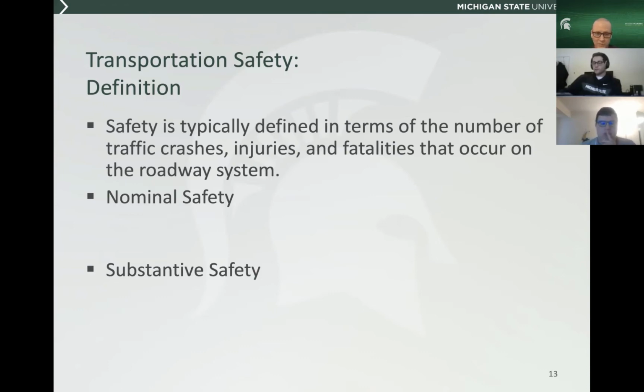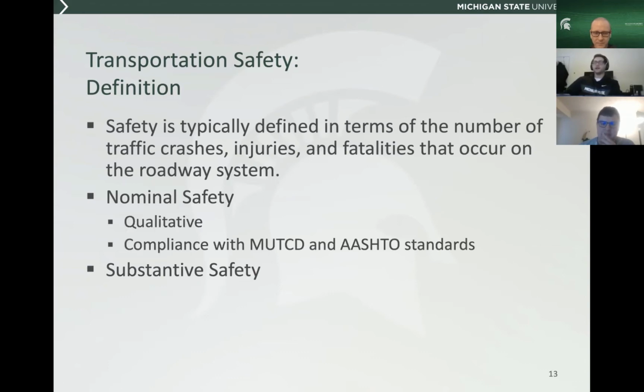And when I use the term nominal safety, does that mean anything to either of you? If we say a road is nominally safe, any thoughts? Like it's safe on paper, kind of. Yeah, and if we were to say a road is safe on paper, I like where you're going with that. I think we're thinking along the same lines here. What do you mean by that? Like it's following the curves, the right radius for the speed, and the guardrails in the right area or whatnot. Right. So basically, when we talk about nominal safety, we're talking more qualitatively.